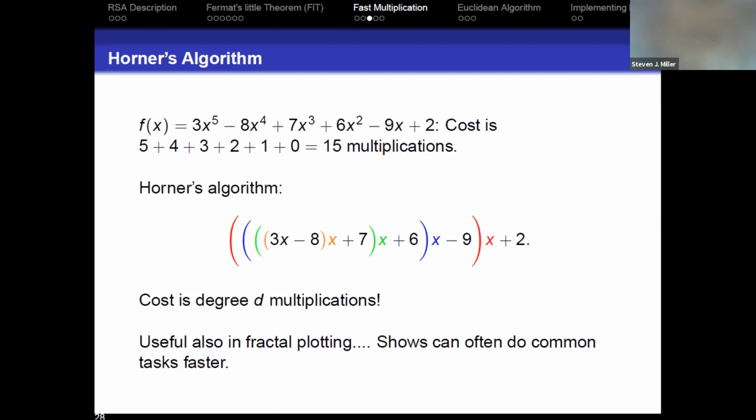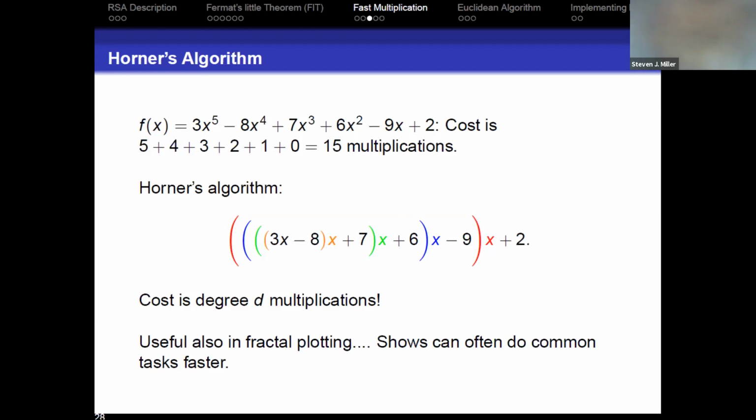So maybe we could look at a very special polynomial, which might be easier to evaluate quickly. So this is a polynomial of degree 5. It takes a little bit of work to evaluate it. Can anybody give me a simpler polynomial of degree 5 to evaluate? Yeah, x to the 5th, right? Or for a polynomial of degree d, just do x to the d. So maybe if we take a pure polynomial like that, we can do a lot better.